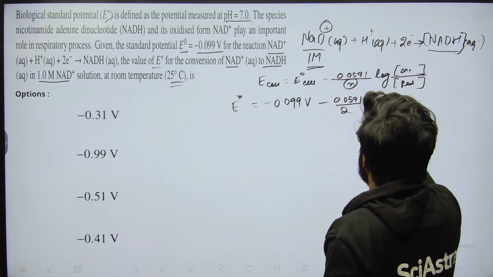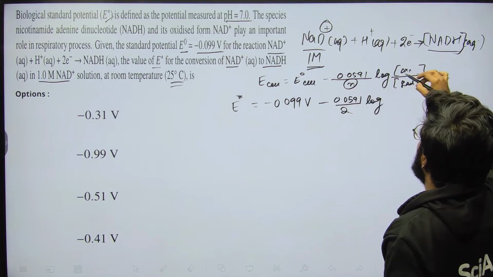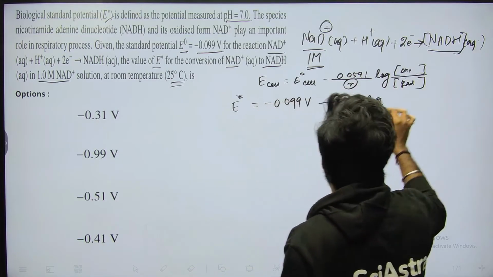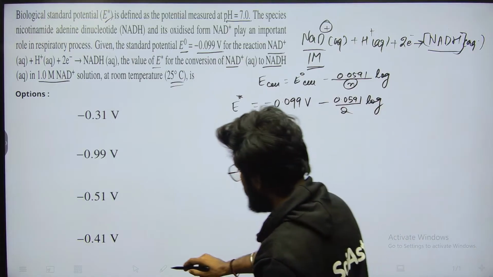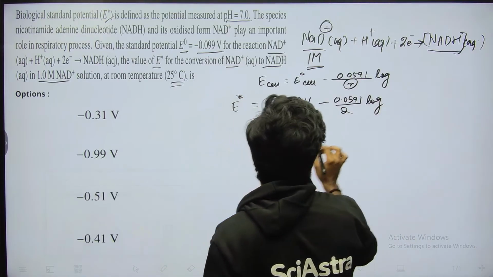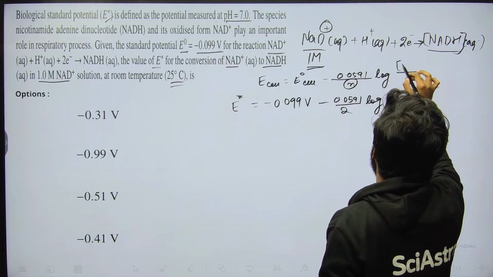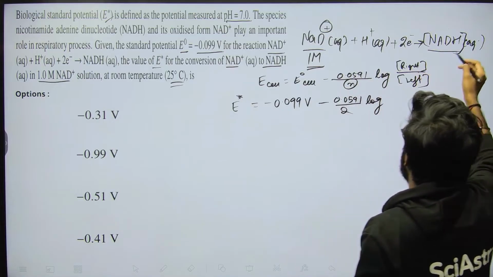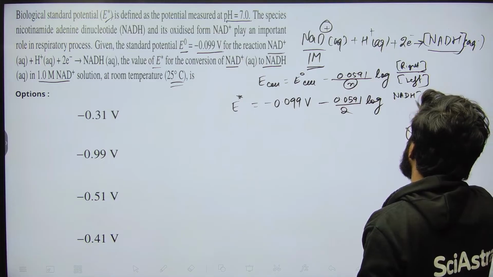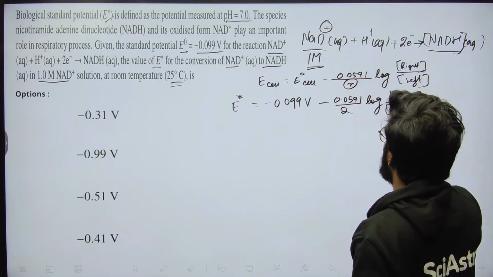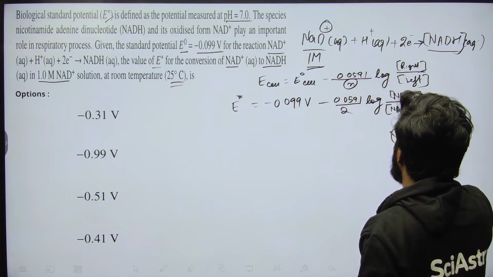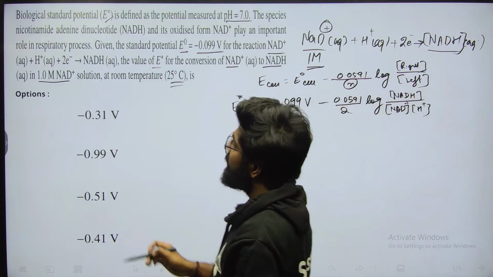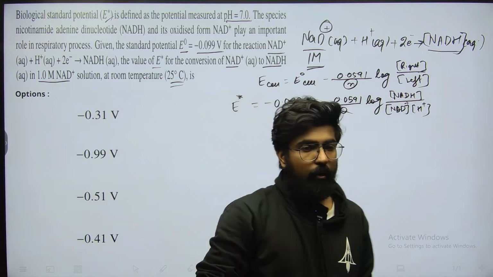Log, in this reaction, basically if you write it as oxidized upon reduced, this oxidized upon reduced is used when you have a complete cell reaction. But when you do not have a complete cell reaction, when you apply it on a half cell reaction instead, you will use the concentration terms on the right divided by concentration terms on the left, right? So basically on the right you have NADH aqueous, and on the left you have 2 species in aqueous form, that is NAD plus and H plus, right?